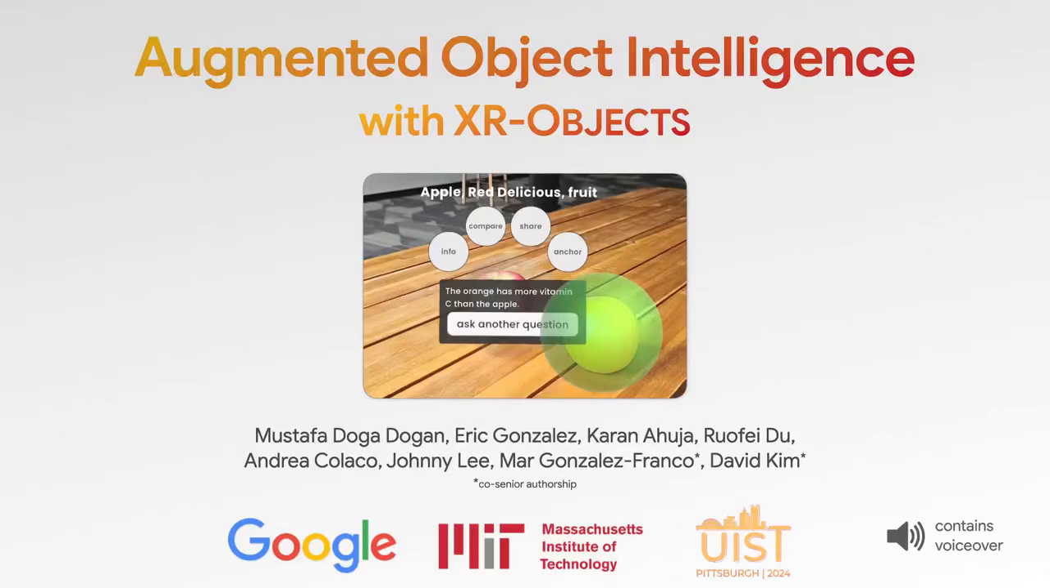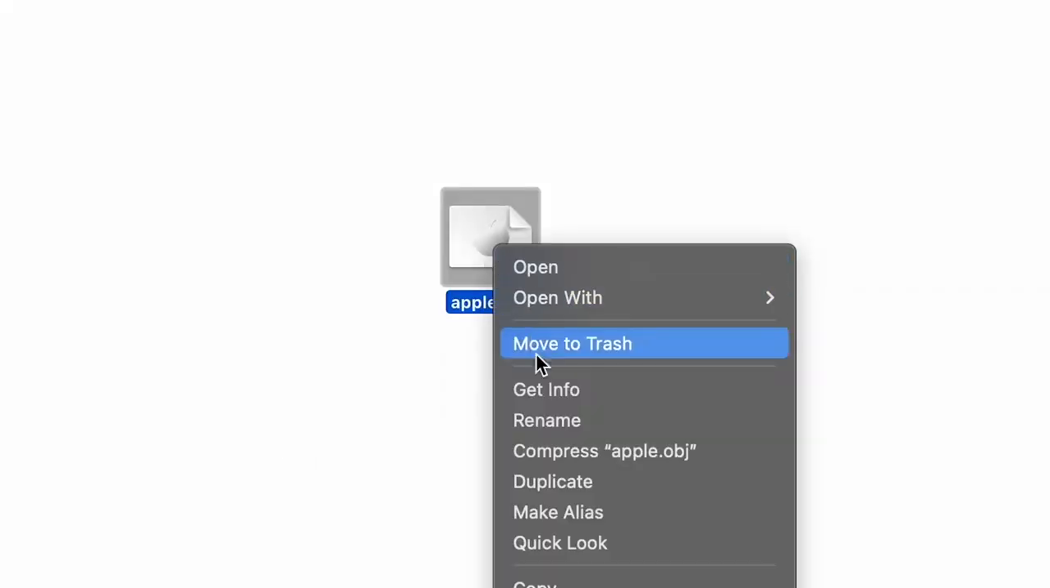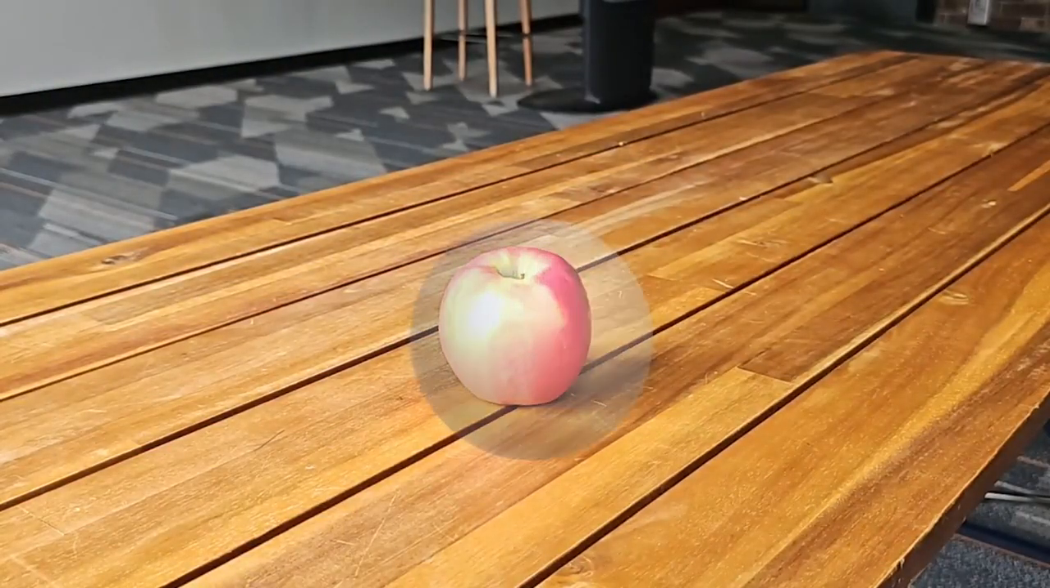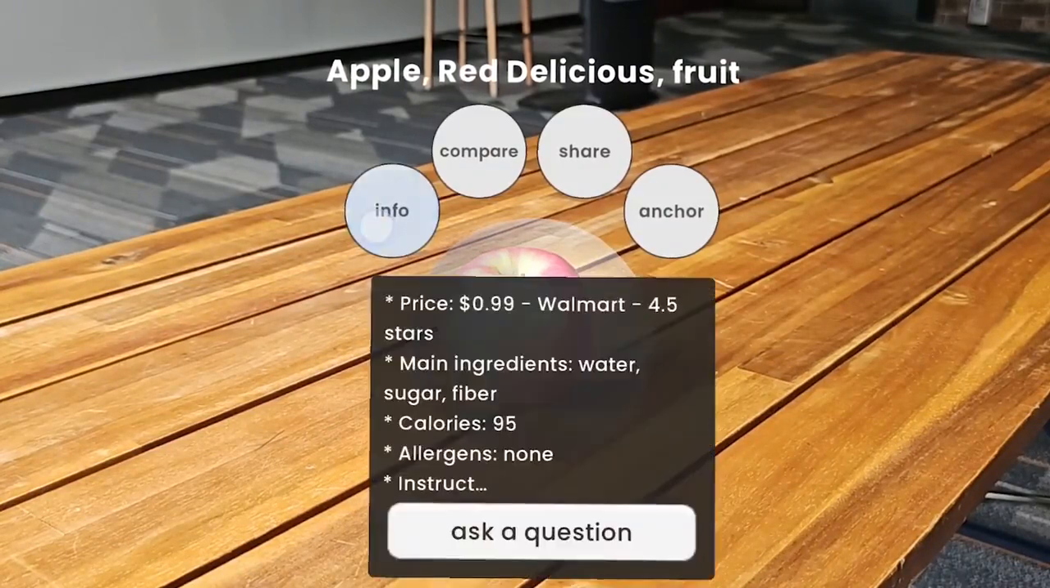Augmented Object Intelligence is a new interaction paradigm that blends rich digital interactivity into everyday objects through extended reality. What if, just as easily as we right-click a file on our computer, we could tap on a real object to show relevant information and take digital actions? Towards this, we built XR Objects, an open-source platform that detects objects in real time and uses multimodal large language